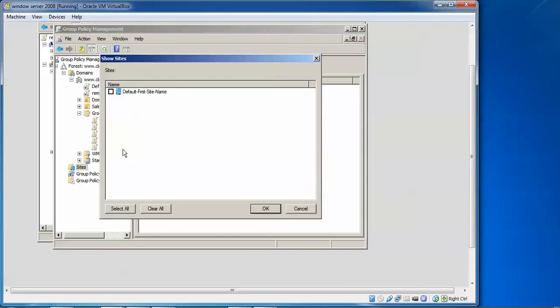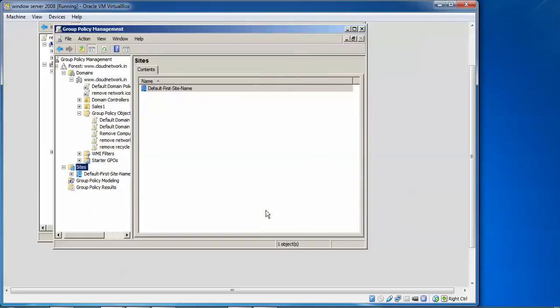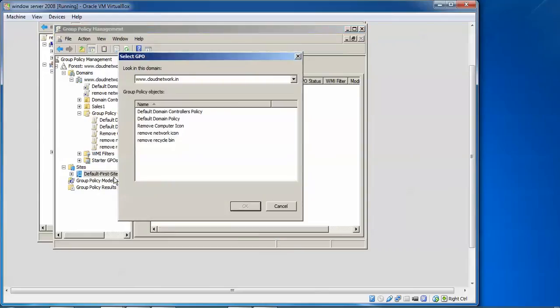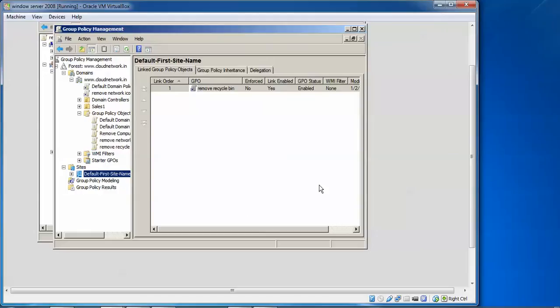After that we need to check the default first site name. Click OK, then right click on this default first site name and select Link an Existing GPO. Here we need to select remove recycle bin. Click OK. After that there is one more thing: we need to enable Block Inheritance.